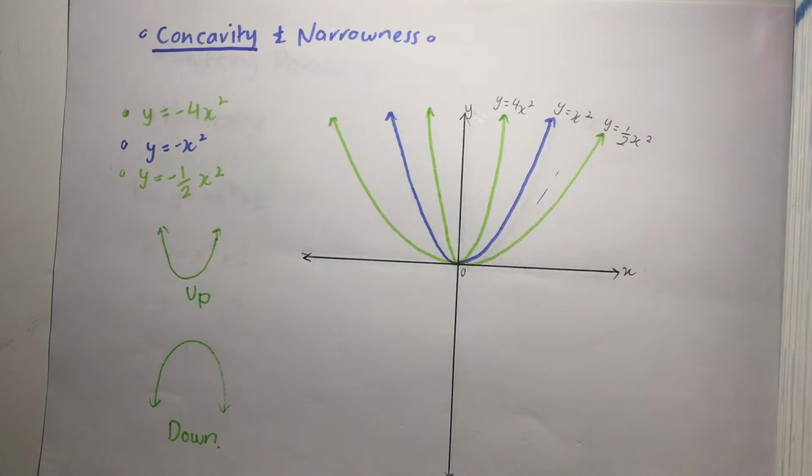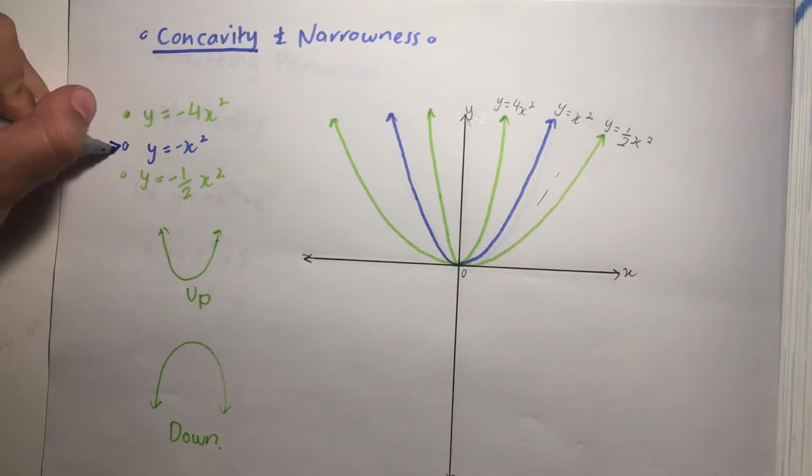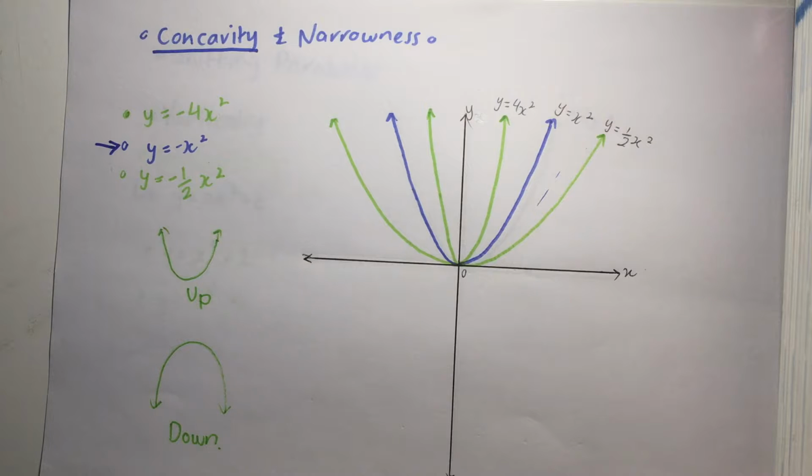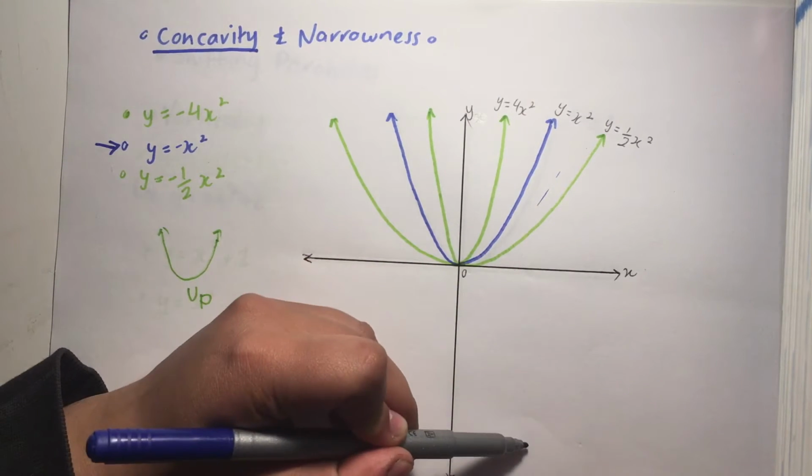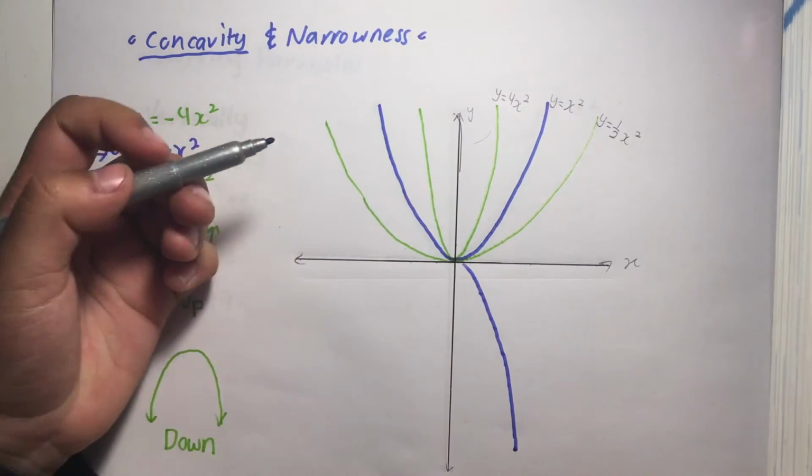So if we look at the simplest form of a parabola being y is equal to x squared, and we change the concavity to be down, then the new equation will be y is equal to negative x squared. And if we were to draw this, the narrowness of the parabola will still be the same, whilst the concavity will change to be down. So the new parabola will appear